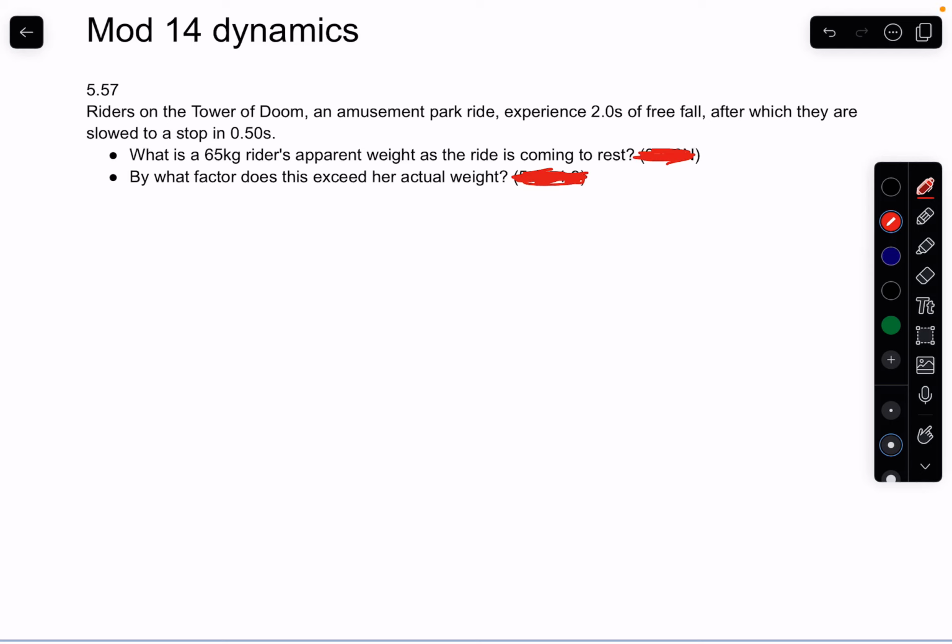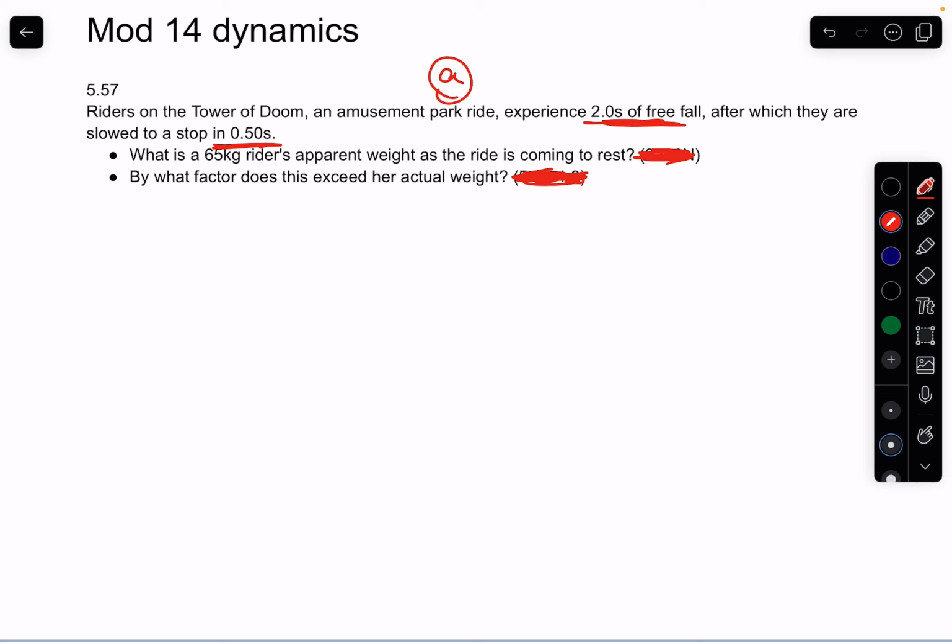Dynamics, what we've got is problems that are going to have some motion, where you're going to have an acceleration. So the connection between kinematics and force problems is the acceleration. So at some level, you're always trying to find the acceleration, and then you'll plug it into an F equals ma equation. So we know that we've got 2 seconds of free fall, and they slow to a stop